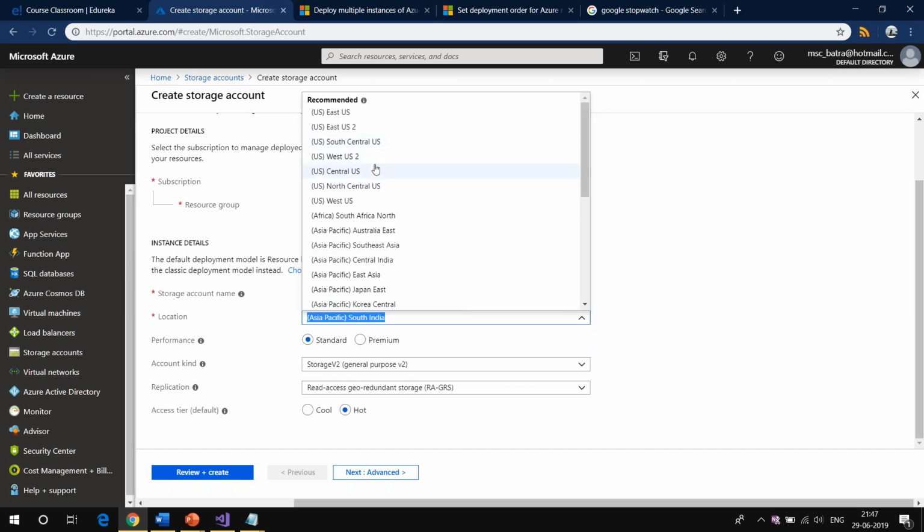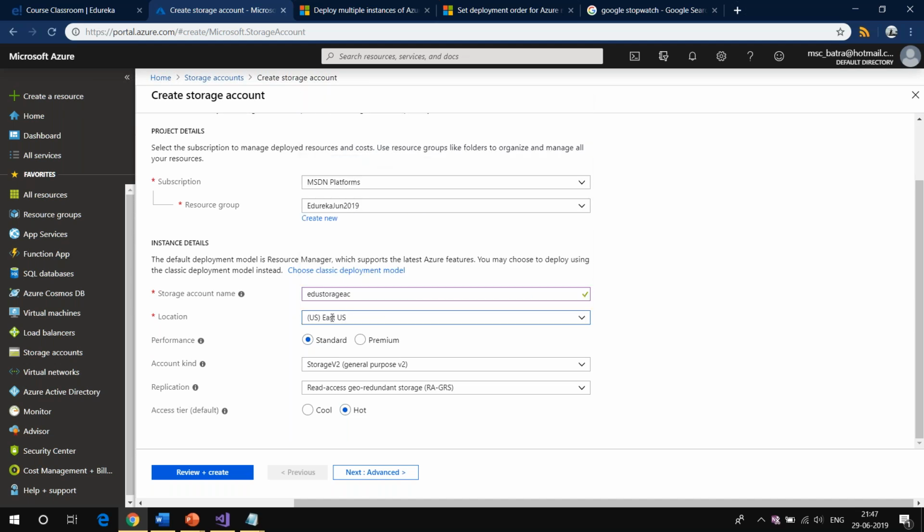So what was the resource group region? That was West US 2. Now let me go ahead and create this resource in East US. Can I do that? Yes, I can do that. Now don't worry about these four properties, because when we go into the storage topic, we'll discuss all these things in detail.